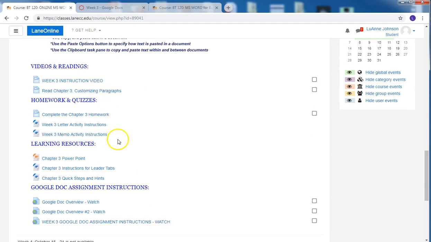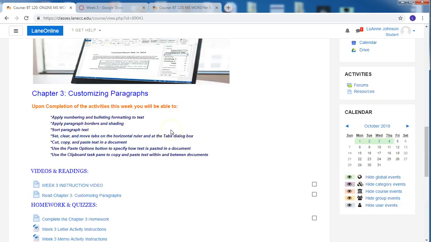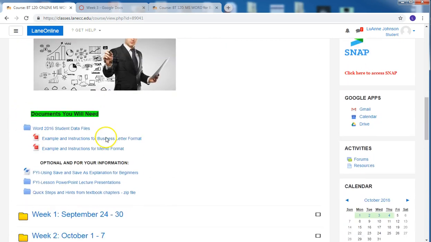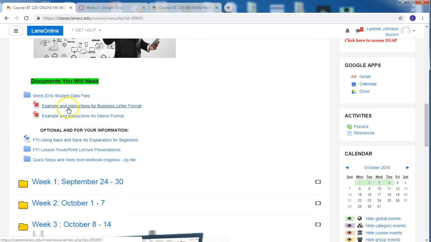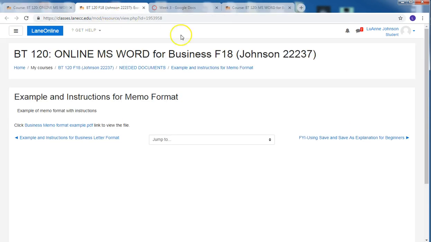So under the homework, we have a letter activity. Again, just like we learned last week, we're formatting it like a business letter. But this week we're also learning about memo formatting. Some of us may have forgotten that under needed documents, this is where we found the examples for our business letter format last week. But notice that there's also one for memo formatting. And when we open this up,